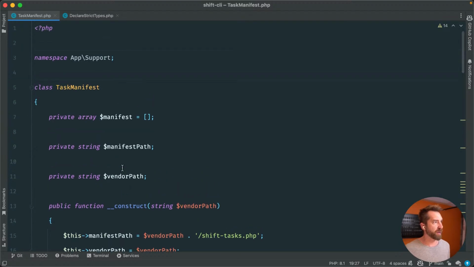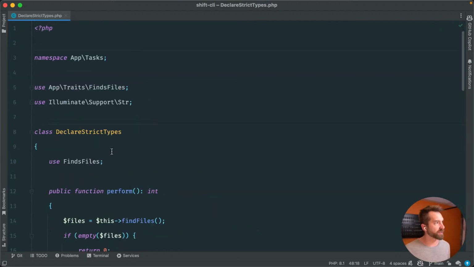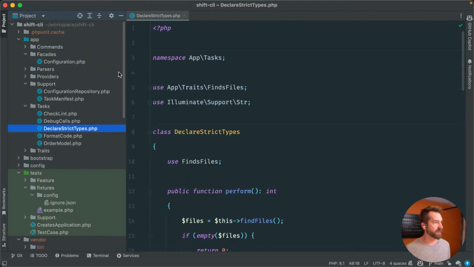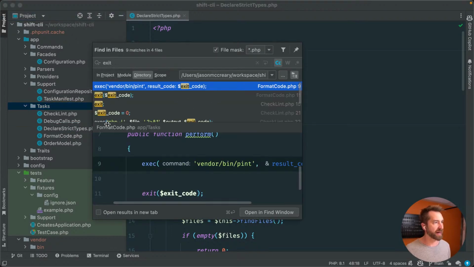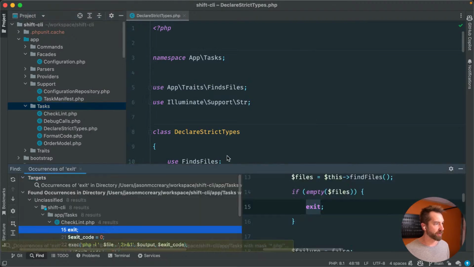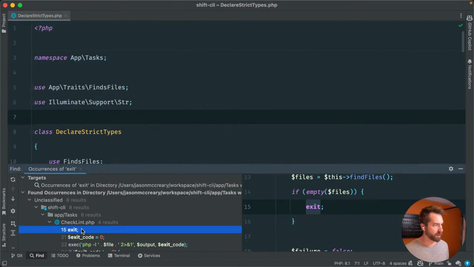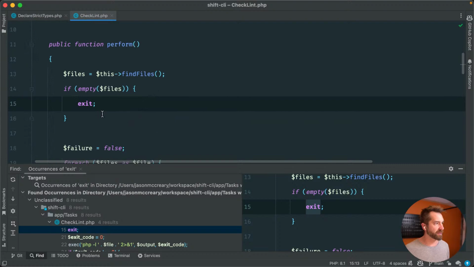Let's look at the tasks that we have and clean up some of that return exit stuff, because that seemed incorrect. So what I'm going to do first is take a look for exit inside of there. Yeah, okay, so format code. Let's just open all those in a find window. All right, this should not be exit. This is just